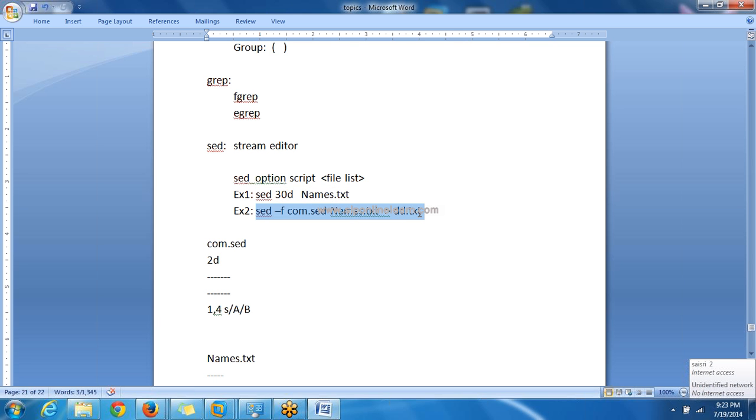This is the example of an in-file script. Here, instead of the regular expression, we used a file name. So .scd, this is not mandatory. You can also name your script file some other name. Any name is valid, but it should follow the file naming rules. But for better understanding we are using an extension. So by seeing this secondary name I can say that this is a script file for the sed command.